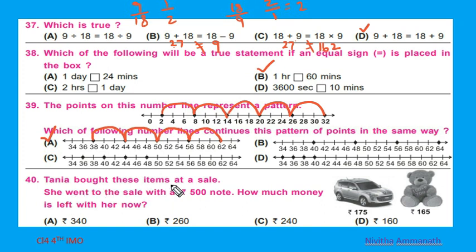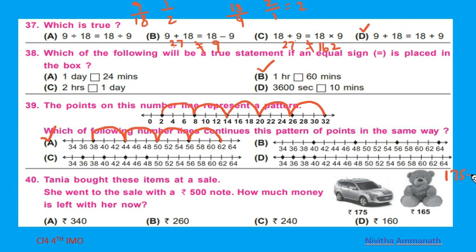Tanya bought these items at a sale. She went to the sale with a 500 rupees note. How much money is left with her now? Tanya bought these items at a sale, rupees 500. So how much money is left with her? Here, one car costs 175 and one bear costs 165. So total